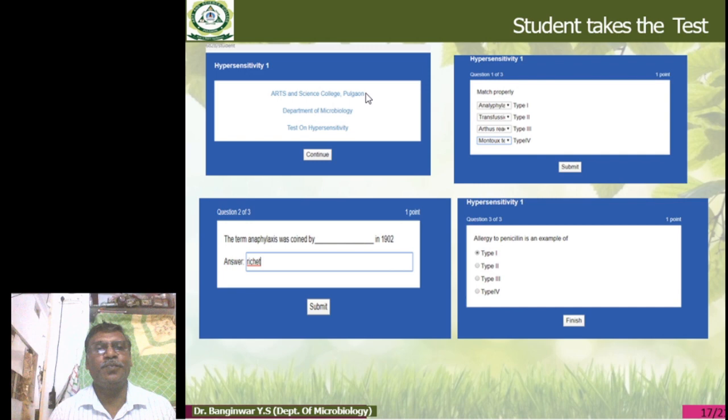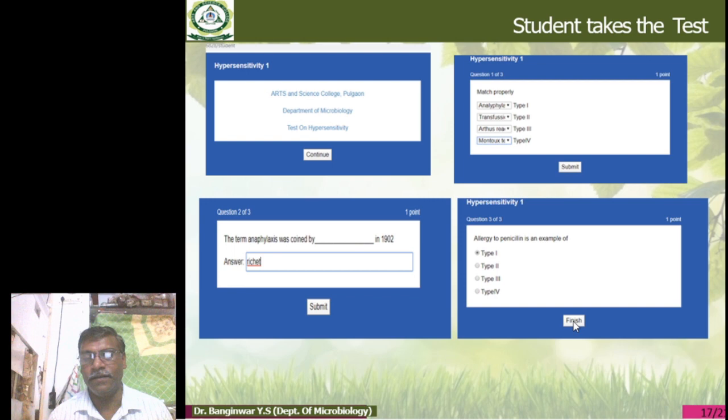Students read properly, because simultaneously the timer starts at that moment. So students should check the time also, submit the questions one by one, and when the last question comes, click the finish button. Once you click finish, the student immediately gets the score.